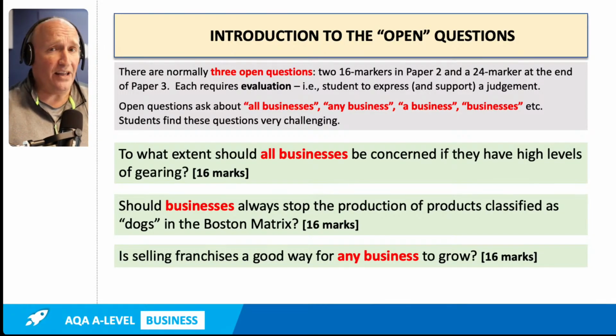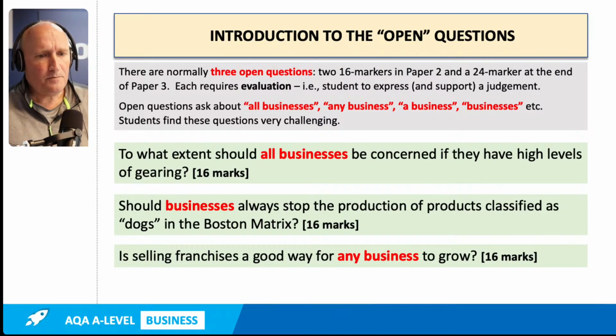Well, of course, we know what the answer is with open questions, don't we? In some situations, it is a good way. In some situations, it's not. So that is the conclusion. But the question is, how do you write an efficient response in 16 minutes, 20 minutes maybe at most, so that you get a level 4 response and can move on to do the rest of the paper?